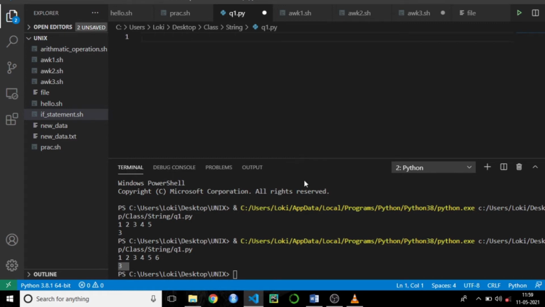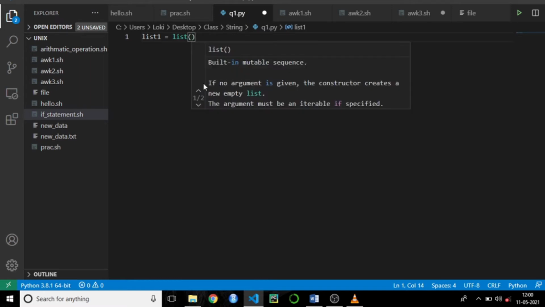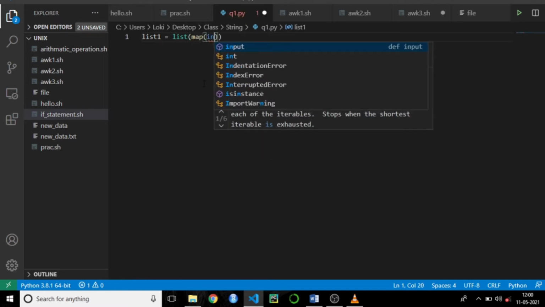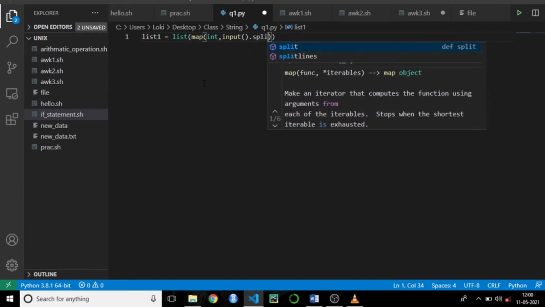Here what I need to do is first get the elements from the user. As I did in the last video, I will take elements in a single line with space separated values: list map int comma input dot split.